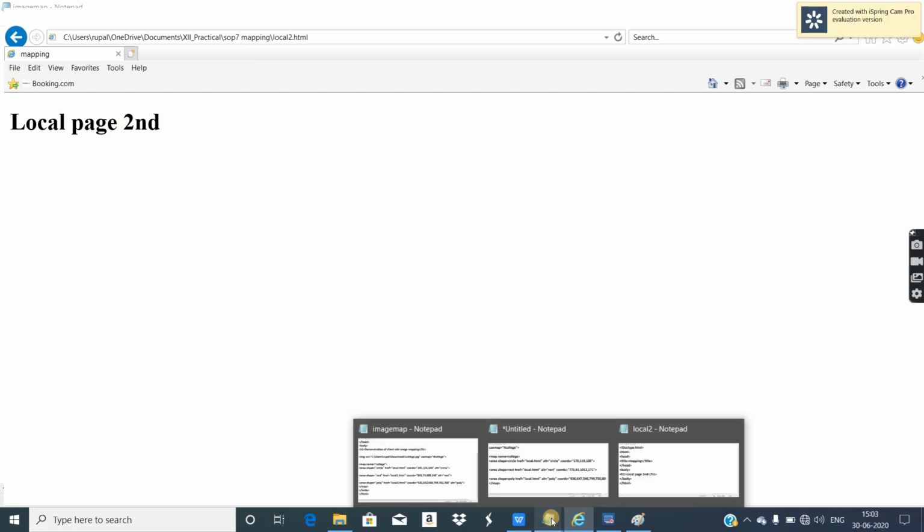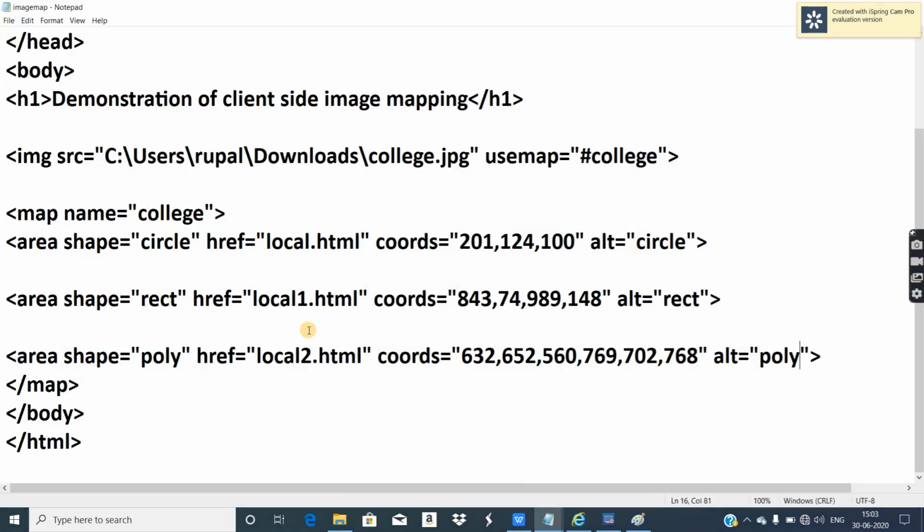So this is done. But now if you want to link this to any functional website, this was the example of a local web page because it's available in our computer in the same folder. The extension is .html. But if you want to link to a functional website, you have to provide the entire URL. For example, http colon two forward slash www dot google dot com. Right now internet connectivity is not available in my computer, but still we will try to see this.